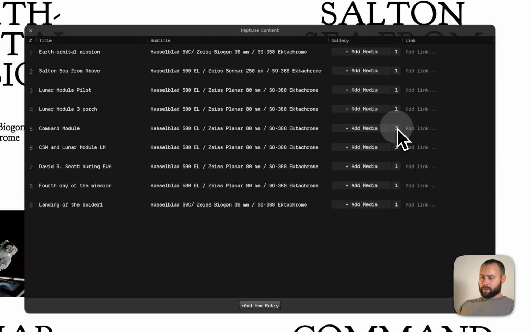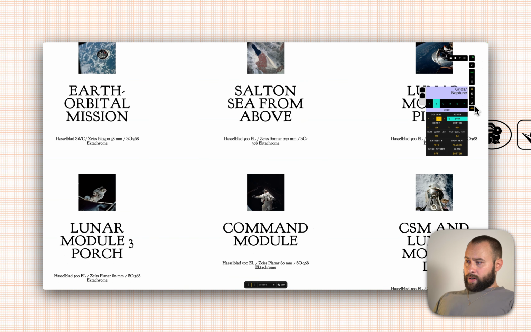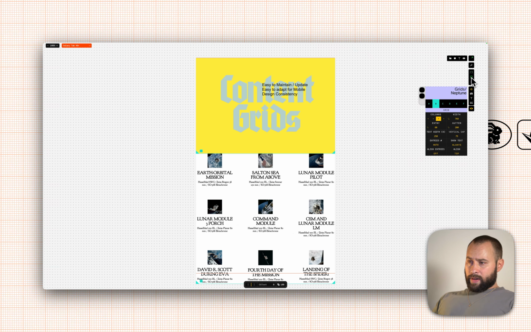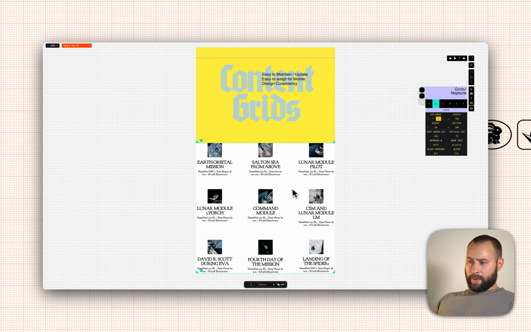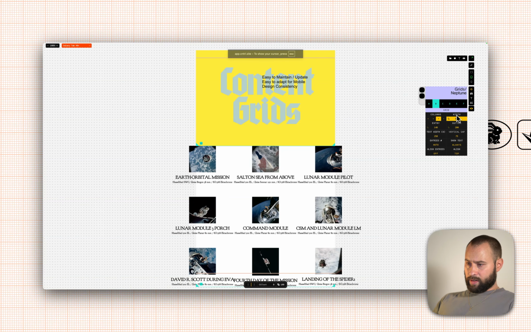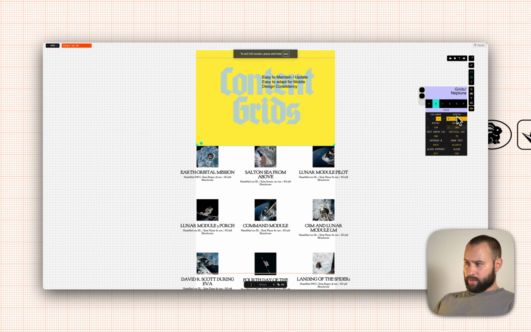You can add your covers to your media. You can add links. Super easy. You can add new entry. That's straightforward. And for mobile, for iPad, all those style settings are layout specific, so you can have different widths and different settings for different